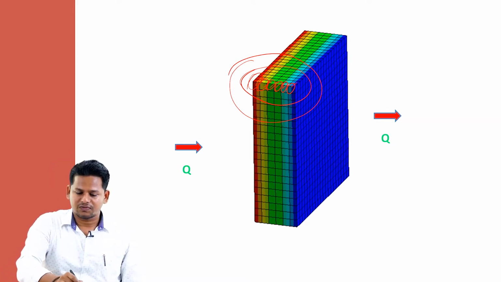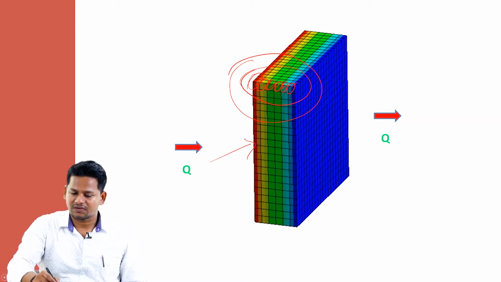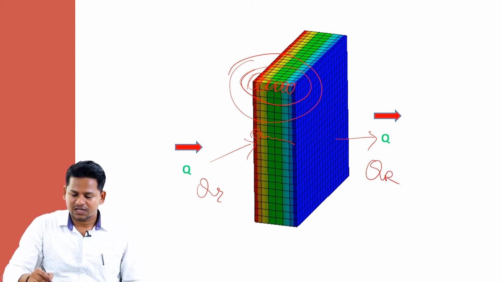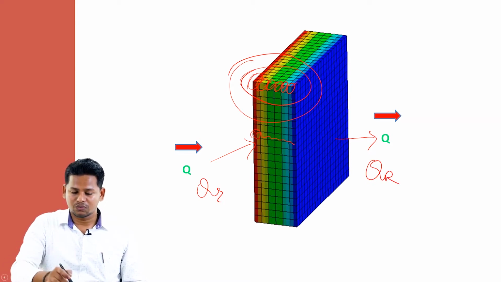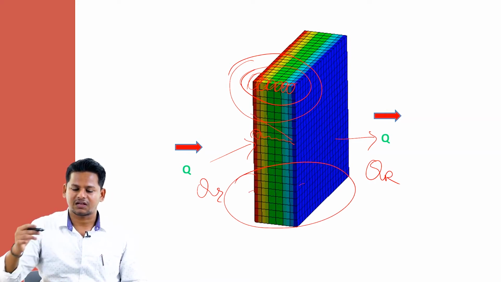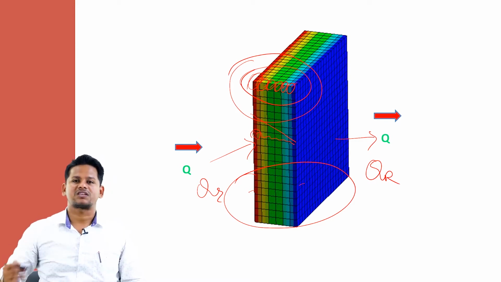For example, if heat is transferred in this surface, conduction is taking place in this surface, similarly conduction is happening here. So finally heat is rejected here. So heat is supplied here and heat is rejected here. So in today's class we are going to find out how much amount of heat is transferred from this surface to this surface, and how the temperature distribution is happening all over these surfaces.